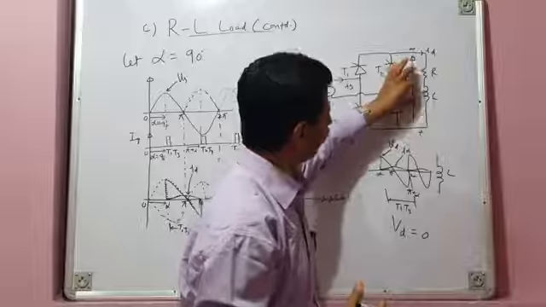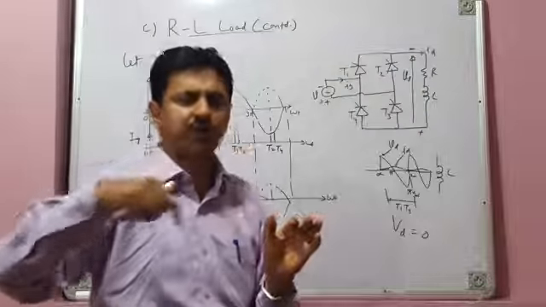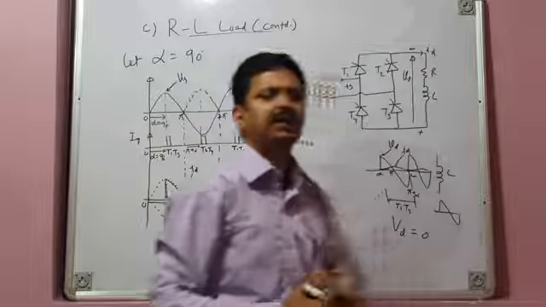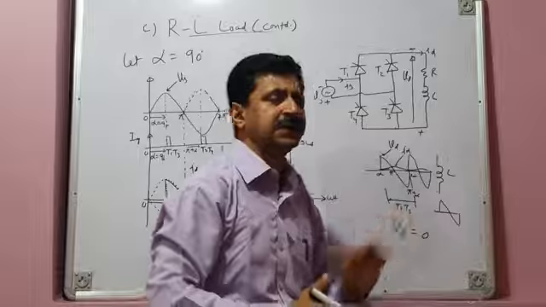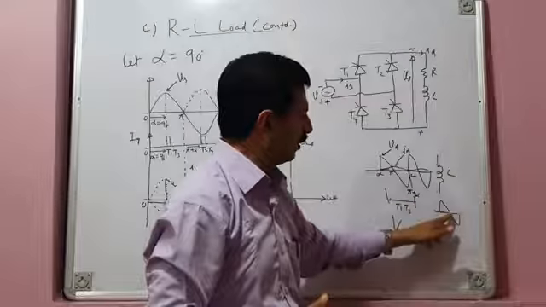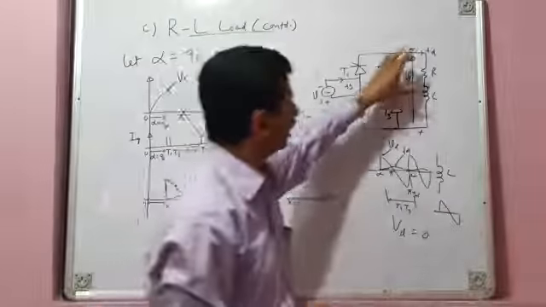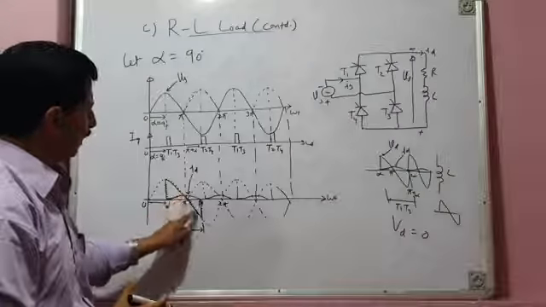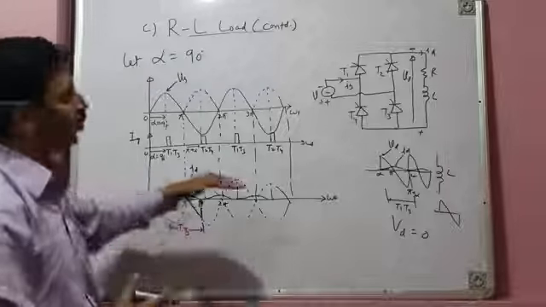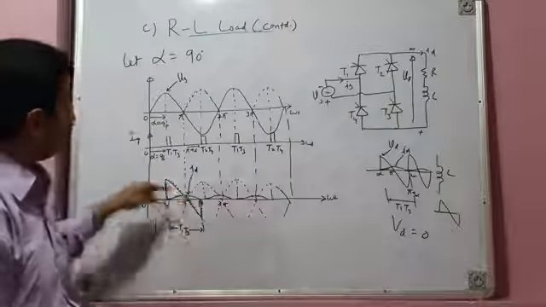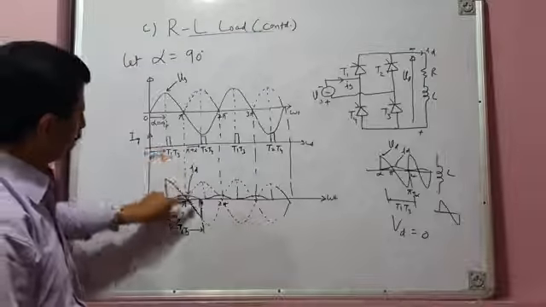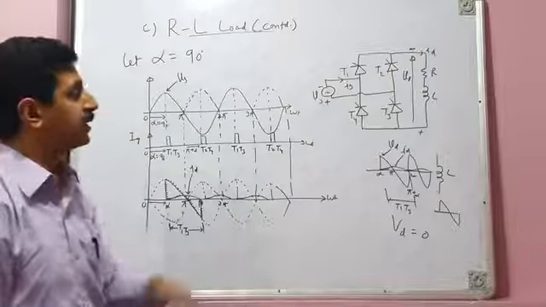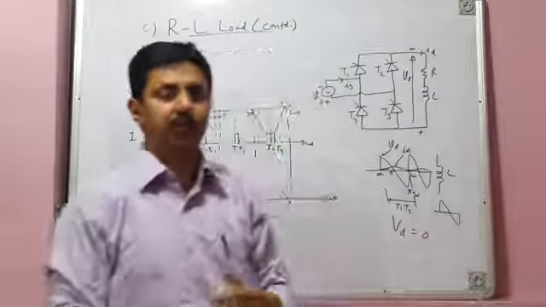In this RL load, if you take the inductor alone and see the nature of voltage across the inductor, it will be the same as this. Positive volt seconds and negative volt seconds will be equal, and average voltage across the inductor will be zero. Energy stored will be exactly equal to energy released. But taking R and L together, you will find that positive voltage will be greater than negative voltage, which means average load voltage will not be zero, it will be positive. From this positive area, if you subtract this negative area, you will get a certain amount of average load voltage, because the resistive part of the load always consumes energy.